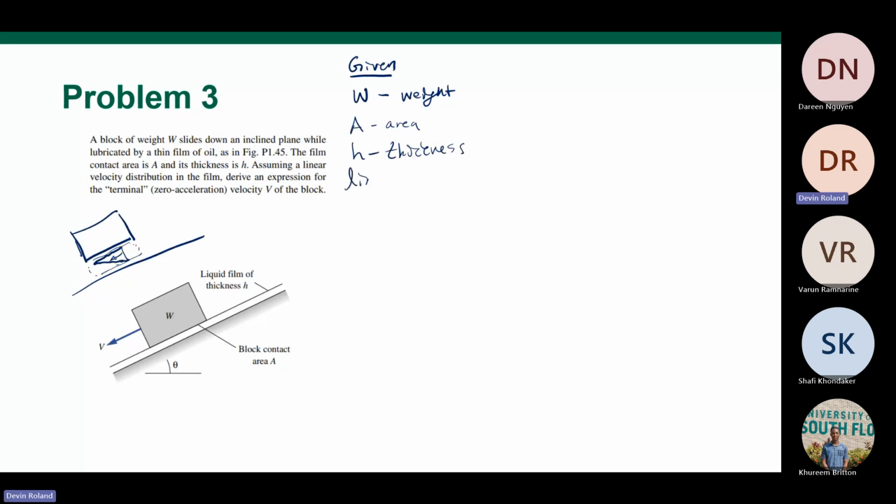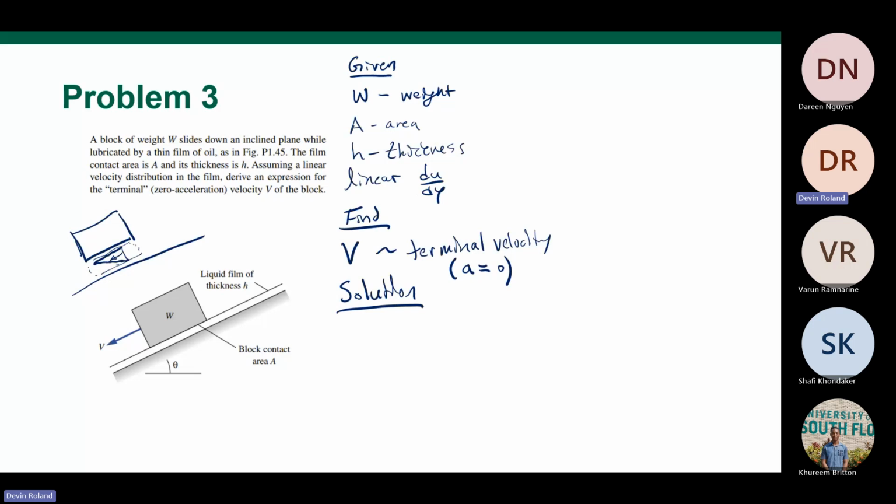And we have the linear du dy. And then for our find, we just want to know an expression for V. And I'll put a little note here. This is terminal velocity, or acceleration is 0. So